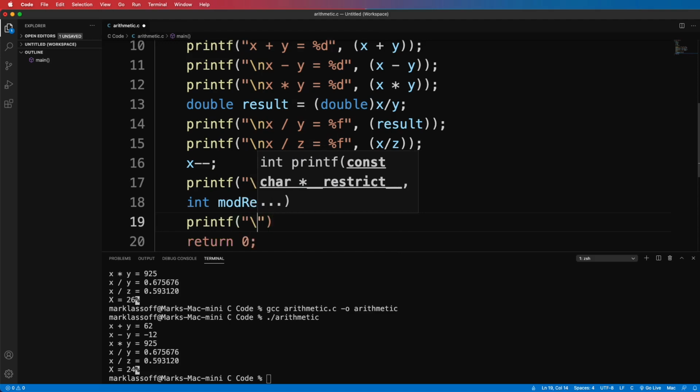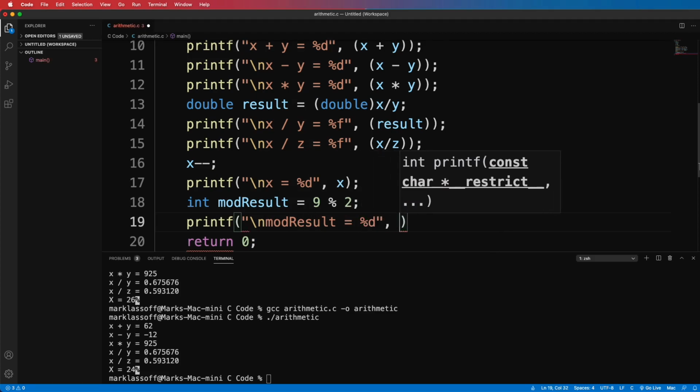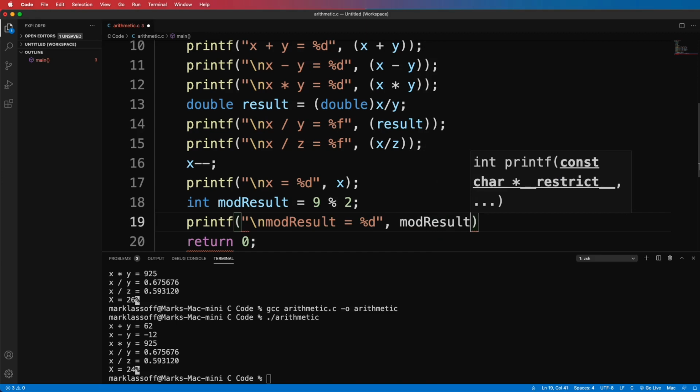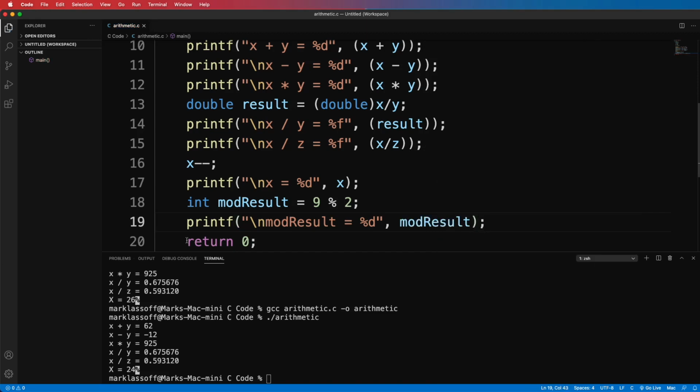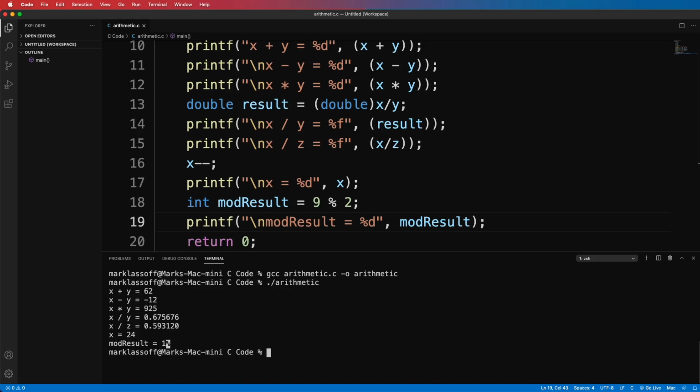So our mod result should be, again, an integer. Okay, so that should show us what the result of the modulus operation is. We have compiled, and looking at the last line here, mod result 1.